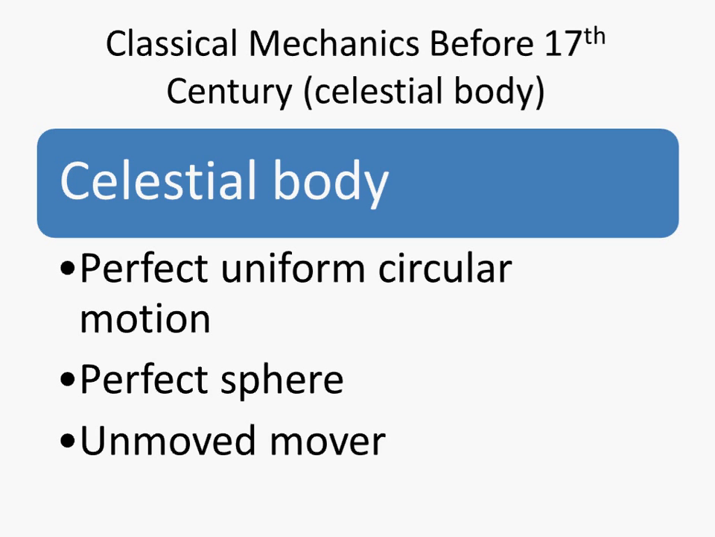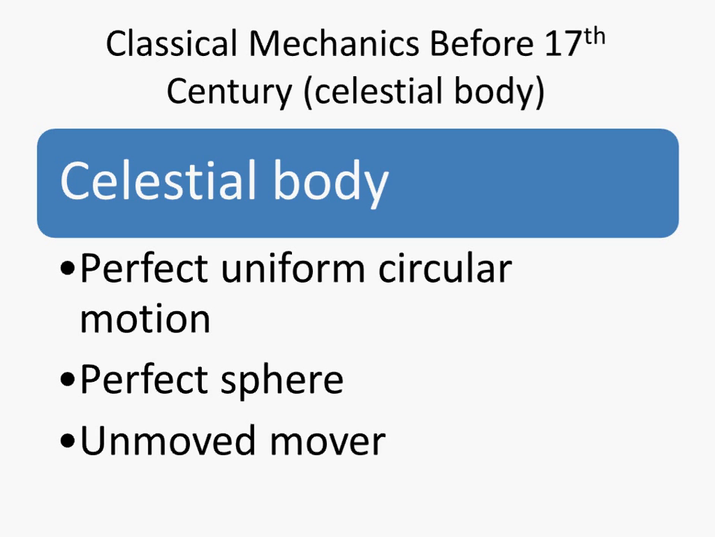And the second part, they say that these stars are perfect spheres, because they believed that anything in this world should be perfect, and the circle is a perfect shape, so the star should be a perfect sphere. In the third part, they want to explain why these stars move,